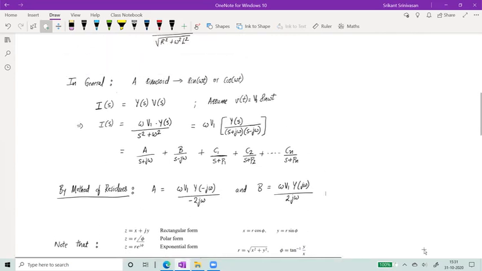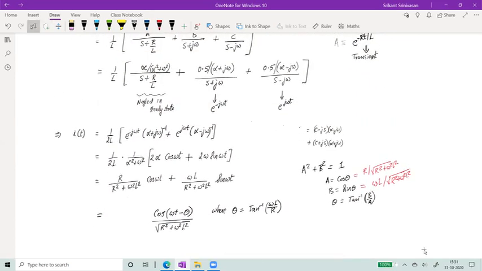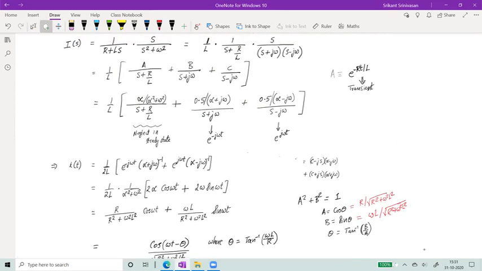Now, like I talked about in the earlier case, when I did the RL circuit, what did I say? I'm having some term due to plus j omega, some term due to minus j omega, and finally I have the other terms from the admittance, which are the natural response of the system, right? And what is the specialty of the natural response? If I have a system of resistors, inductors, and capacitors, I am always going to have a transient response which is exponentially decaying. This is a fact, because if I have R, L, and C, I can never generate power in the circuit. It has to always exponentially decay.